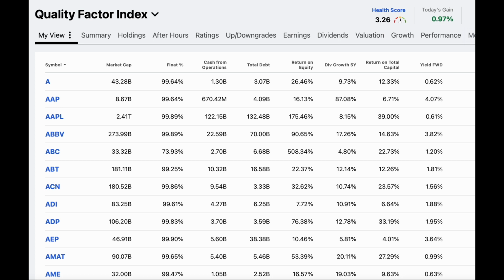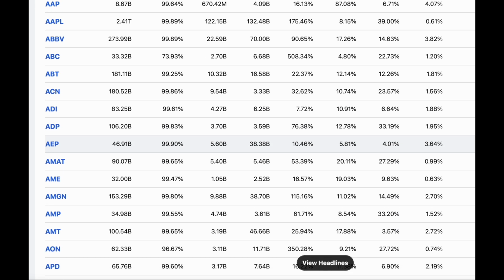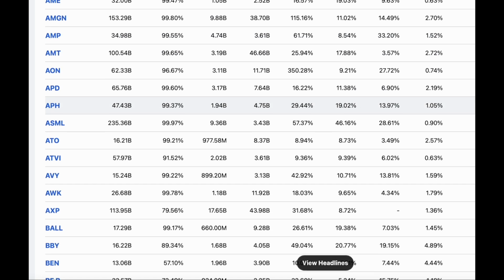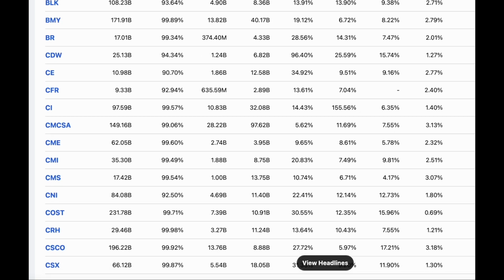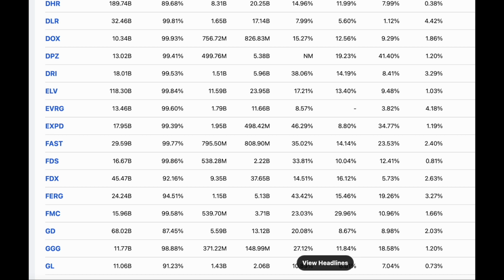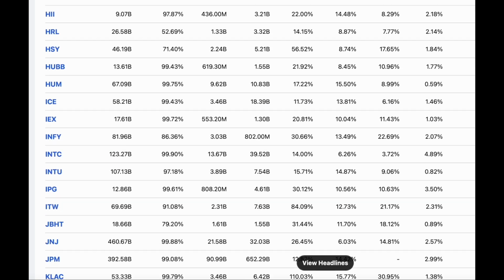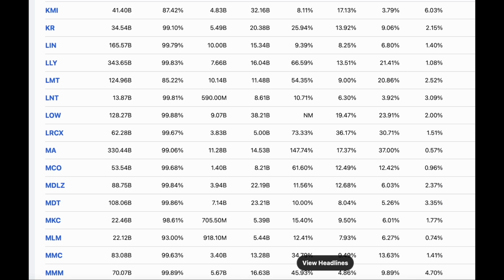Using the cash from operations and the total debt, I self-computed the free cash flow to total debt ratio. This ratio, along with the 5-year dividend growth rate, the return on capital, and the forward dividend yield, are the 4 factors I used to select the stocks that will be included in this portfolio. So the only variation between this stock selection process and SCHD's is the inclusion of the return on capital in lieu of the return on equity. I believe return on capital is a superior metric to return on equity because it takes into account the total